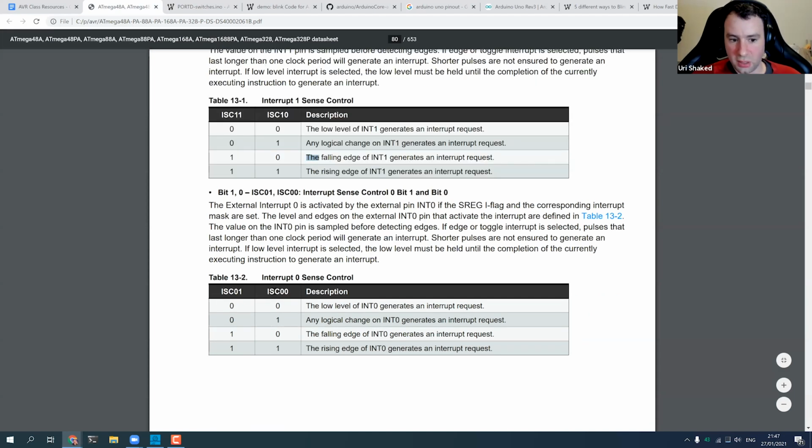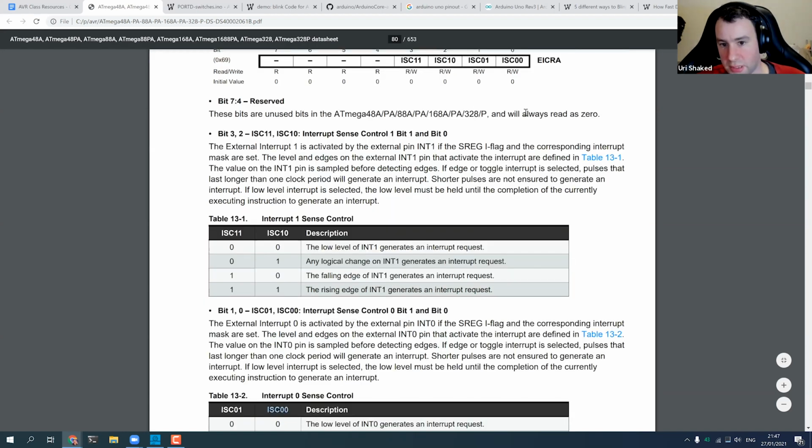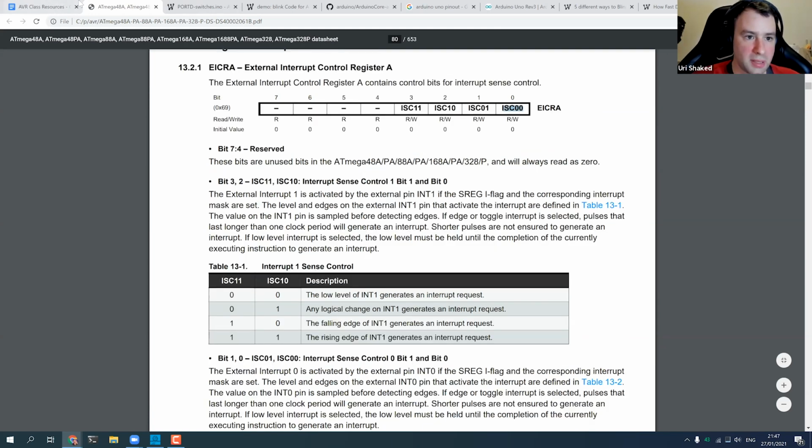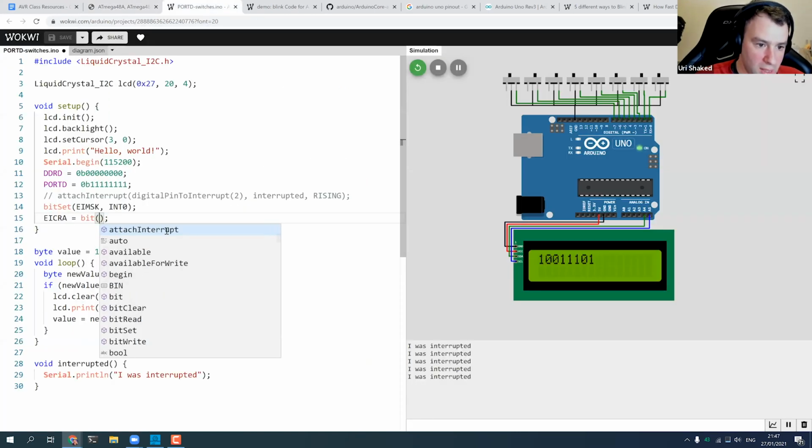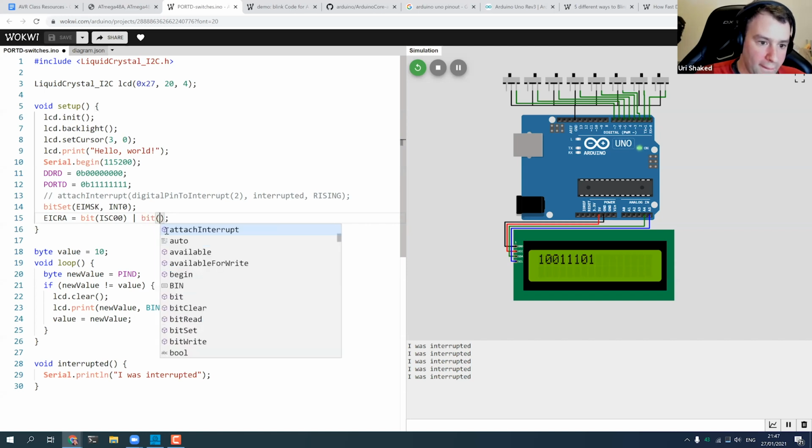So we need to set those two bits to 1, ISC00 and ISC01. And again, we could just use their indices 0 and 1, but in this case, I think it's better to use the constant, so it's easy to figure out what these bits actually mean.